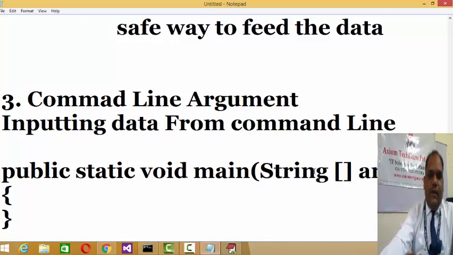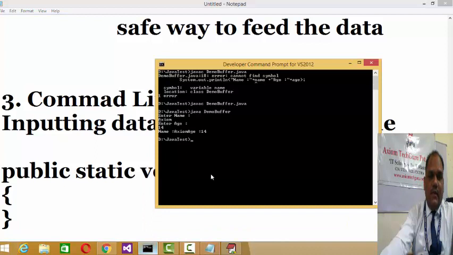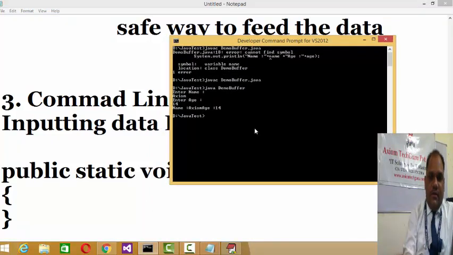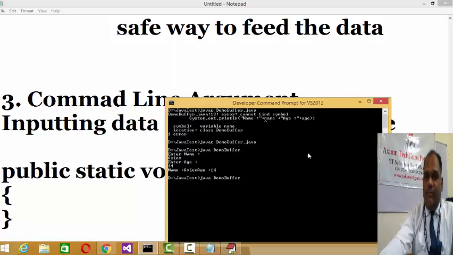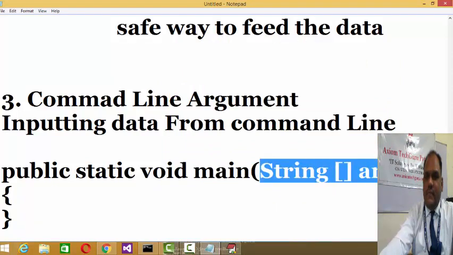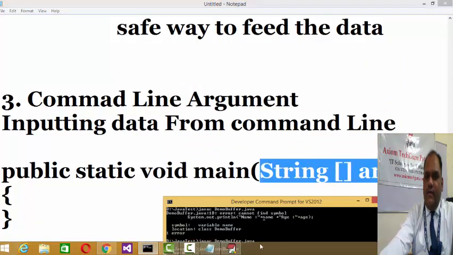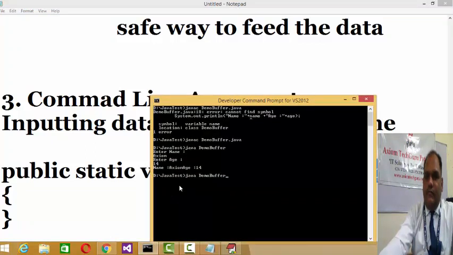If you don't want to input the data using scanner or buffer, you can input the data, because main gets a call from the command prompt, just like java demo buffer. Whenever you write java demo buffer, it actually gives a call to the main of this demo buffer class, so main gets a call from the command line. So if you have a parameterized main, you can input the data from the command line only.